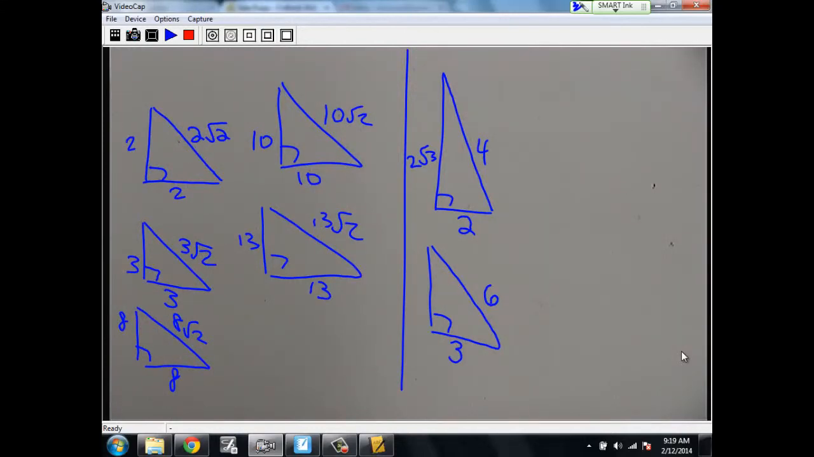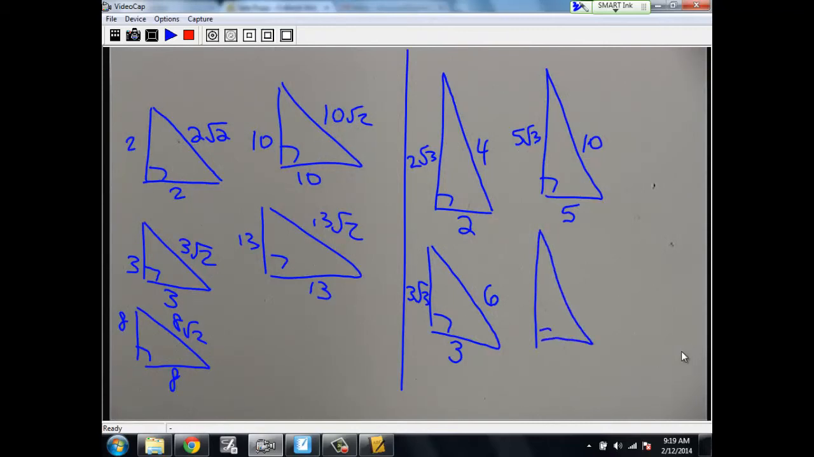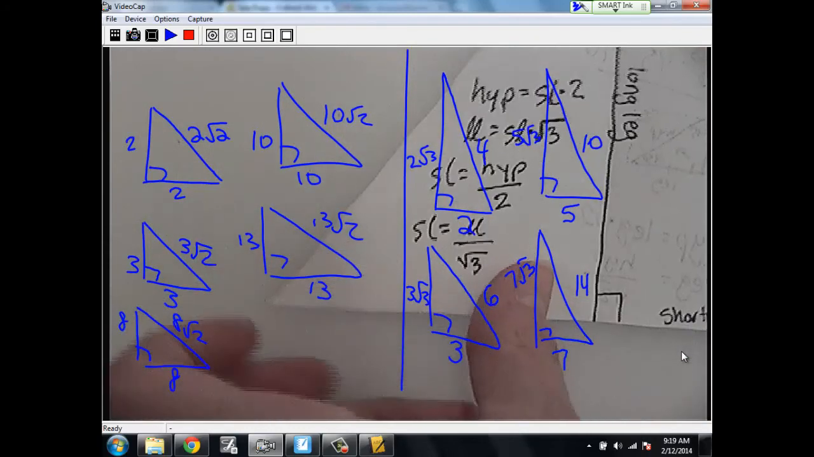And this one, I take my short leg times the square root of 3, so this one would be 3 square root of 3. If I give you this one, and I say this is 10, this is half as big, which is 5, and this one is 5 square root of 3. If I give you this one, let's go 7 square root of 3. This one is 7, and this one is 14. Do you kind of see the pattern? If not, you can use the rules from your triangle to solve